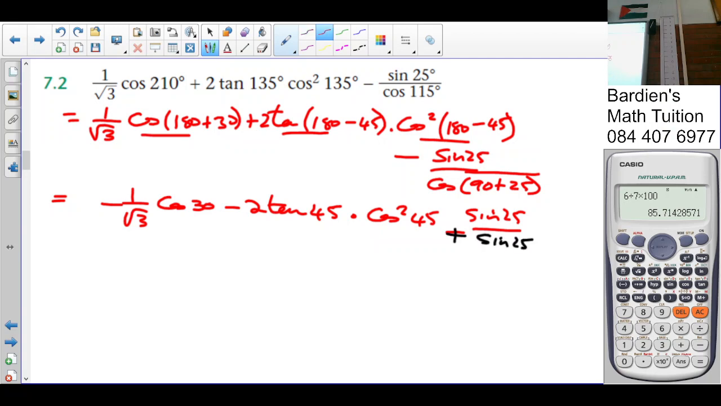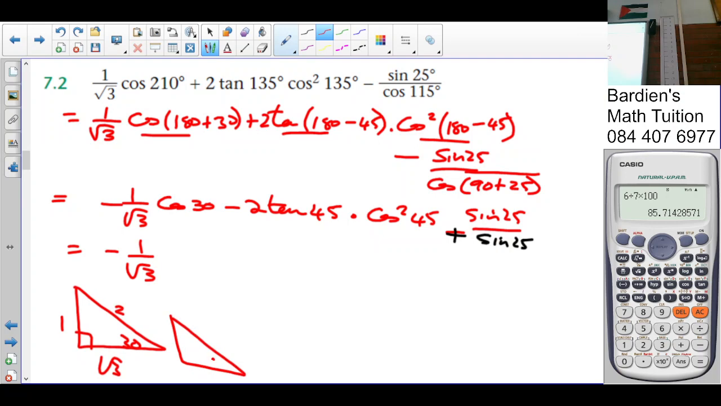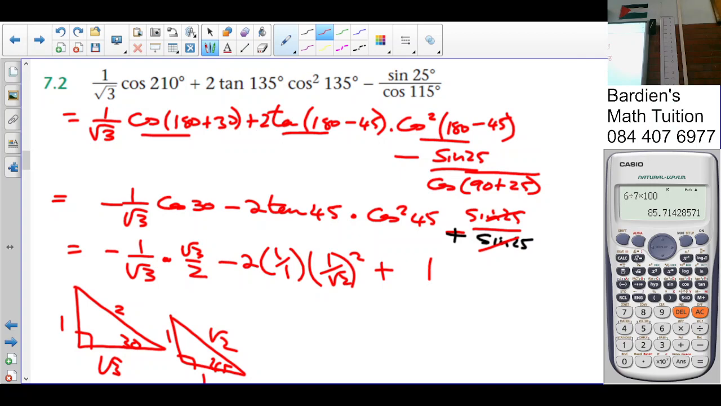Okay, so that's getting me 1 over root 3. Remember, this is without the use of a calculator, so we need the special angle, so it's 1 over root 3. At this point I think you should know the special angles now. Well, I hope you know the special angles at this point. So it's times root 3 over 2 minus 2. Tan 45 is 1 over 1. Cos 45 is 1 over root 2 squared plus that cancels, gives you 1. Which now gives us root 3 times root 3, so it's negative half,